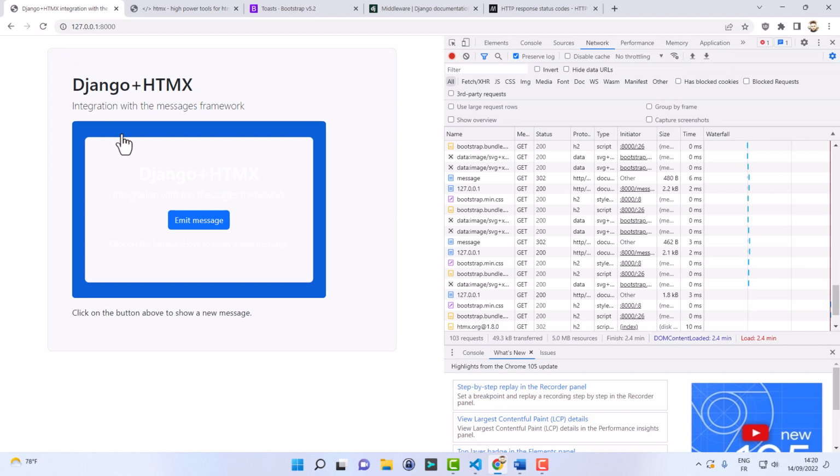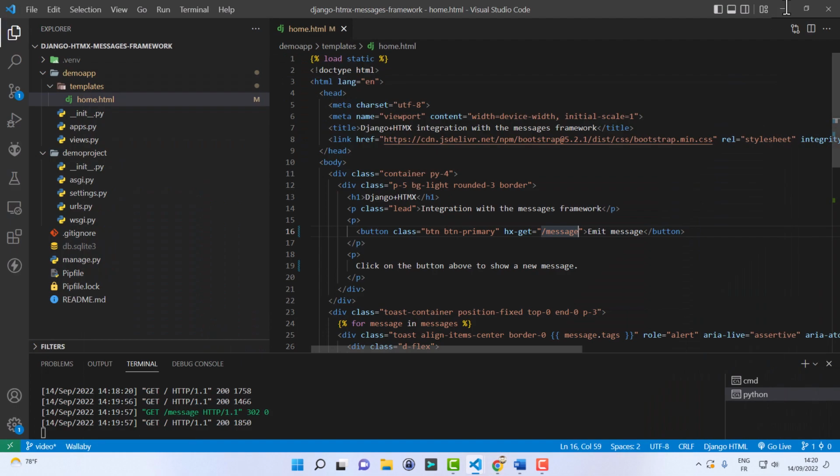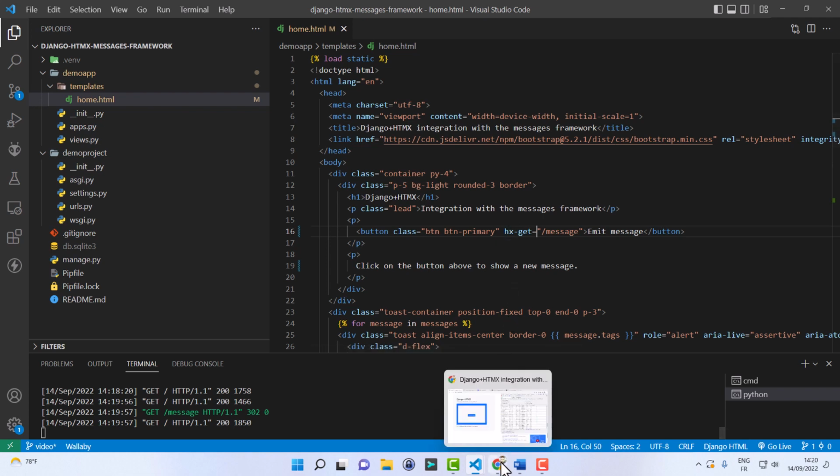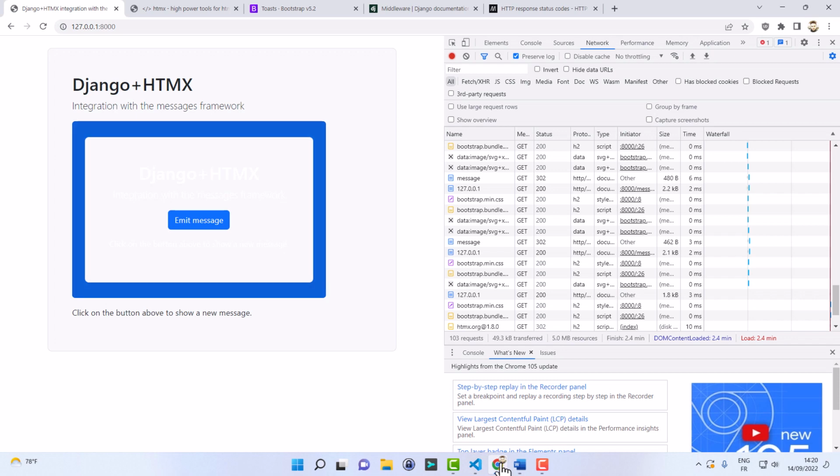Something worked, but obviously not what we expected. If you don't specify anything here, when HTMX finishes the GET request on the message page, it will take whatever HTML content is returned by the server and use it to replace the element where hx-get is. In our case, the button itself was replaced by the content of the home page, giving us this weird result.